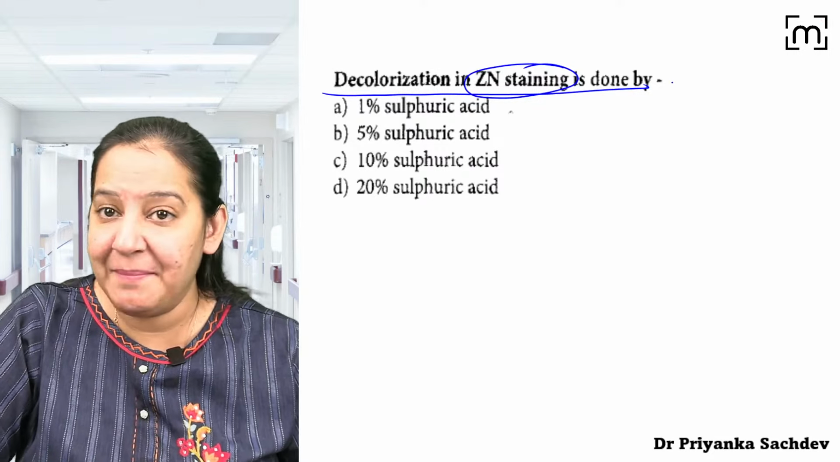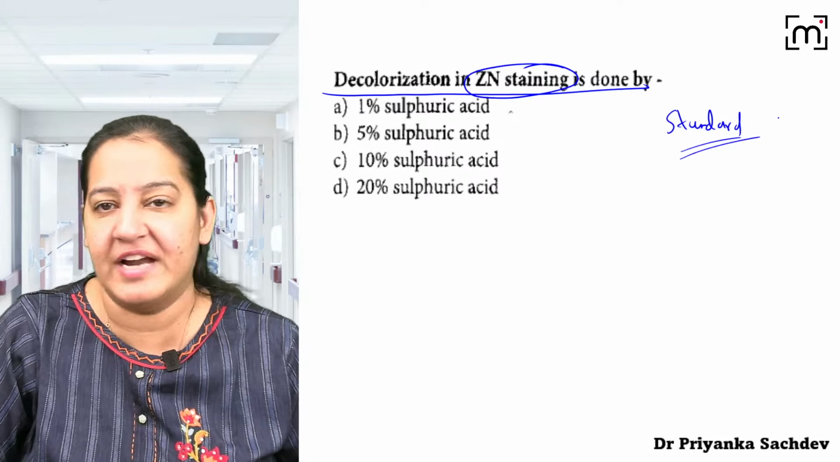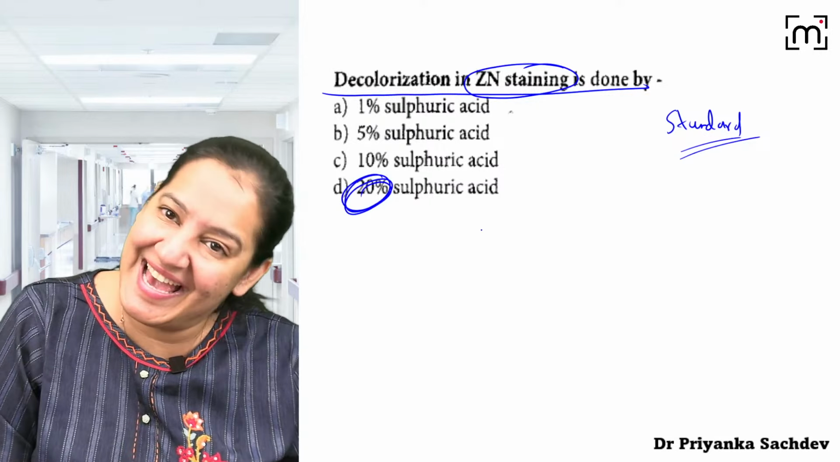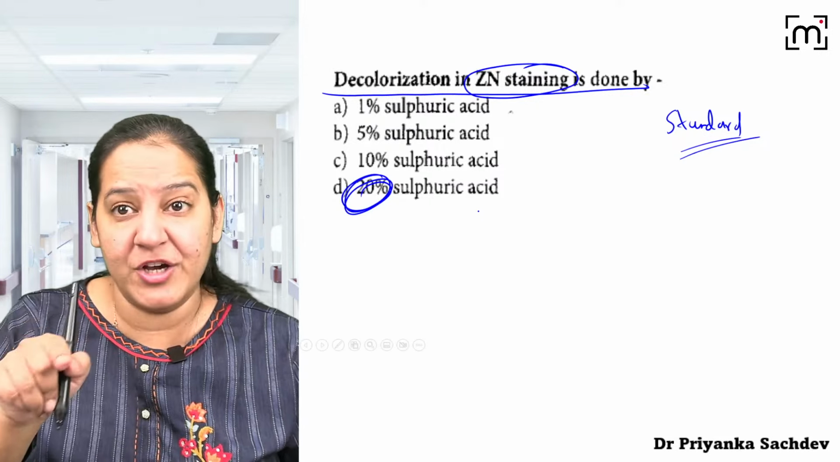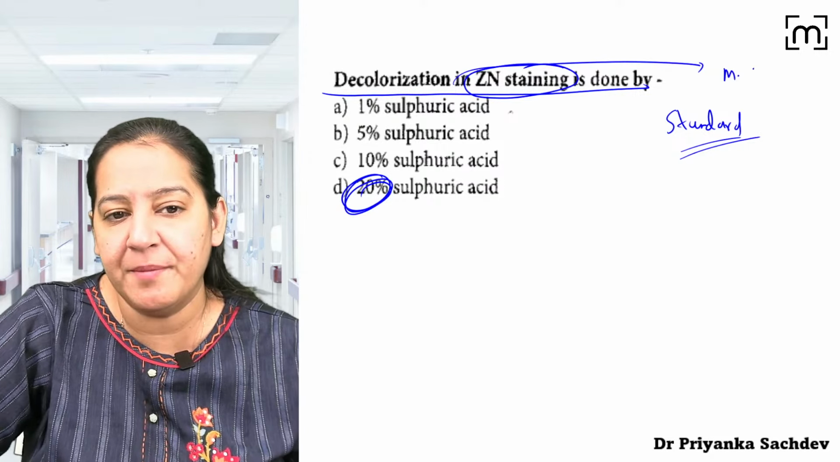I'm not mentioning any bacteria now, so I'm asking the standard. If I mention any particular bacteria, you should think about that. If I have not mentioned anything, go with the standard, and the standard is 20%. Yes, go with 20%. But in the same question, if I add the words decolorization of Mycobacterium leprae, now what